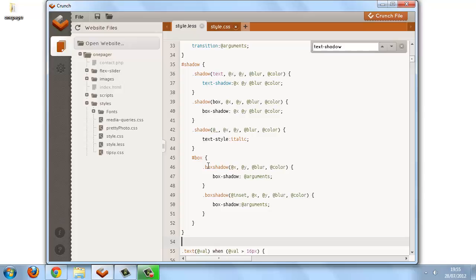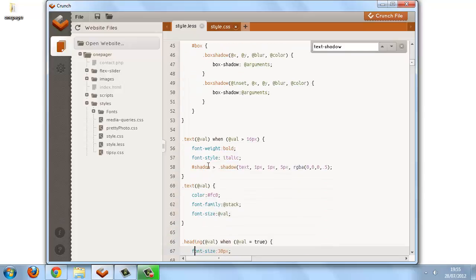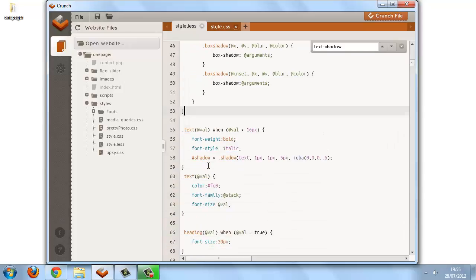So we don't actually use the box shadow anywhere, but if we wanted to, we would just need to use both of the namespaces. So we start with shadow, and then we use the box namespace, and then we use the name of the mixin as we did before. So once again, it's very, very simple. There's nothing complex. It's not a massively awesome feature, but it can really help to organize things within our Less